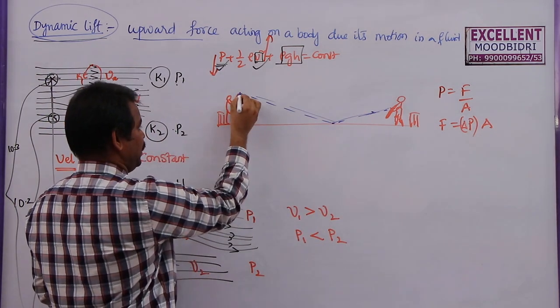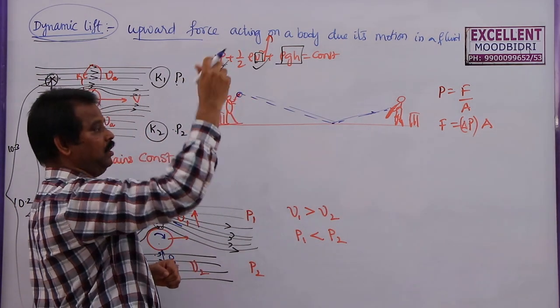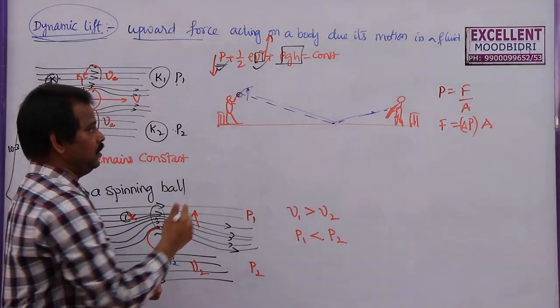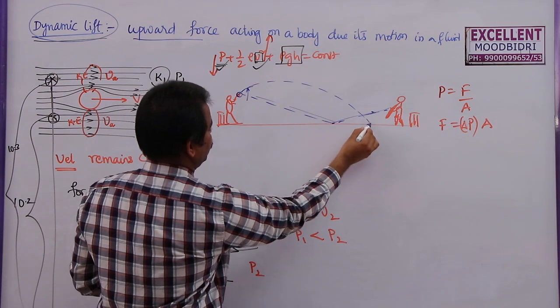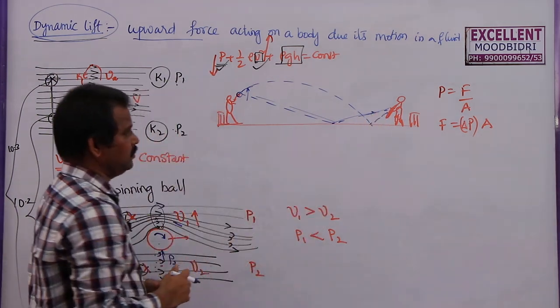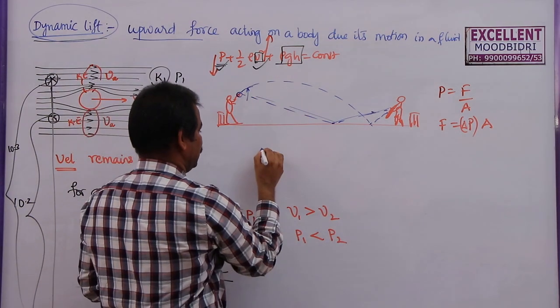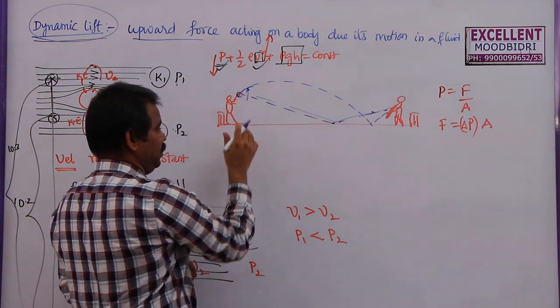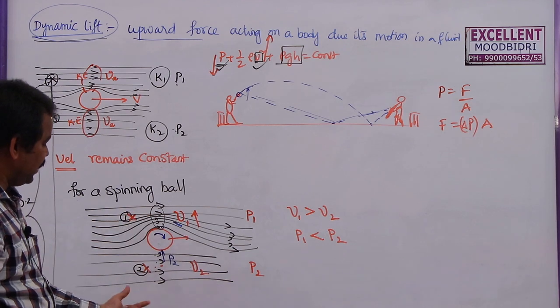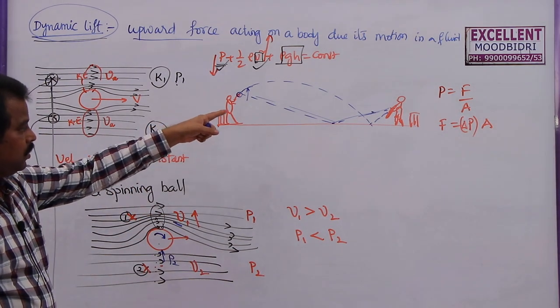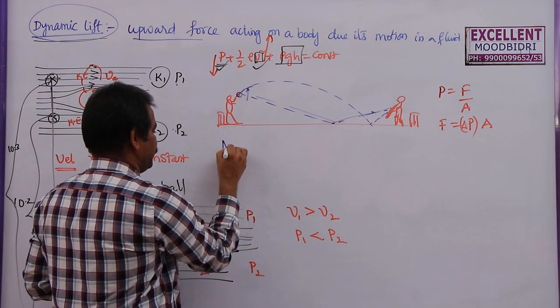So here, for a fast bowler, generally the ball moves in this direction and then it moves in this. But for a spinner, as he is going to spin this ball, due to spinning an upward thrust will be produced there. So this ball will move in this path and moves like this. So it will move in a parabolic path. This is called the effect of the ball within this fluid, or the dynamic lift produced due to the motion of the ball or spinning, is called the Magnus effect.